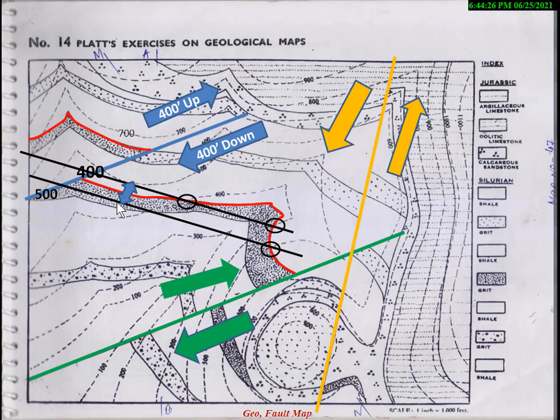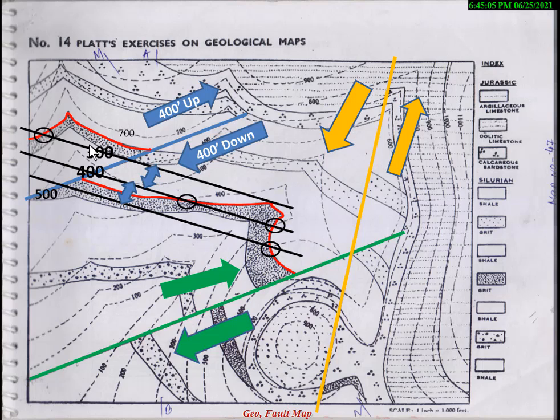Okay. With the help of this difference, again we draw another straight line. This is 300. If this is 500, this is 400, it decreases towards the north. Then this is 5, this is 4, this is 3. It should be 3. This strike line should be 3, but you see here the red line, this strike line touches 700. So the difference is 300 and 700. The difference is 400. So this portion is up throw, 400 up throw, and this portion is 400 down throw.